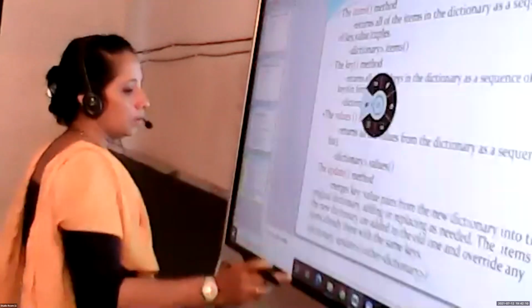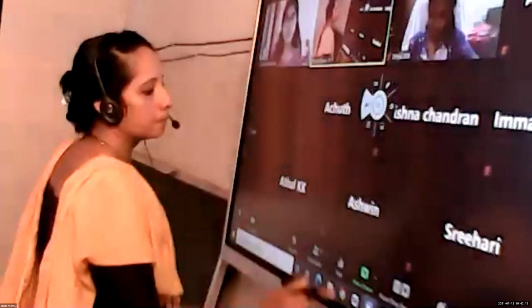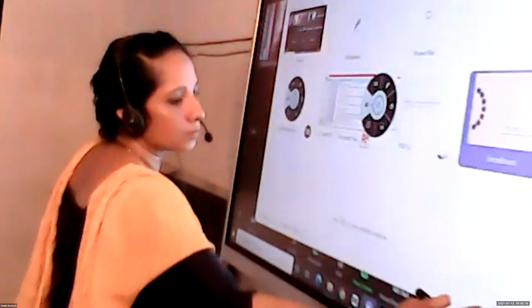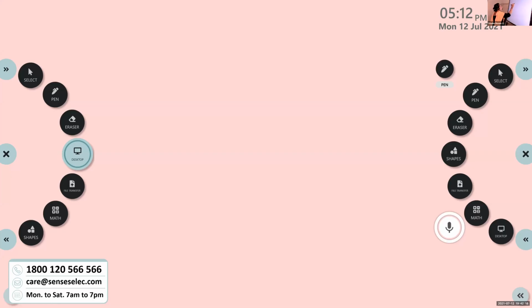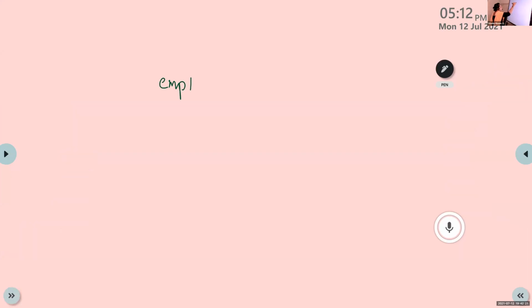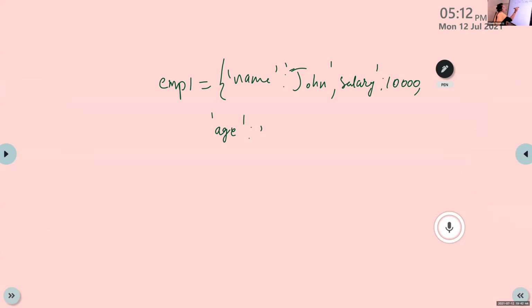So employee 1 is equal to name: John, salary 10,000, then age 24.